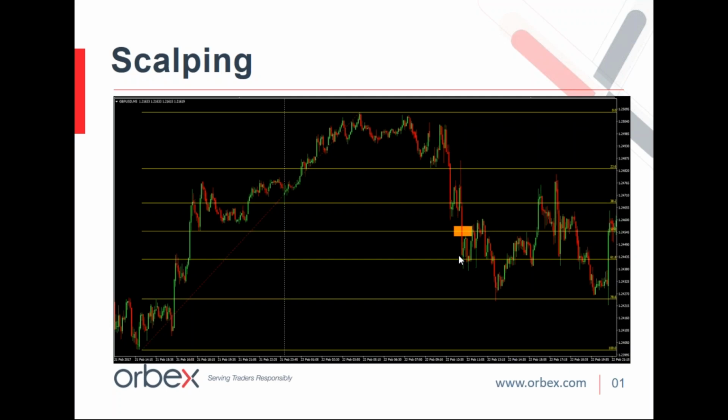Aggressive traders would have entered the trade buying at the 50%, and they would have been stopped out because price goes straight down and hits the 61.8. But conservative traders waiting to see if price respects the level or not wouldn't have a trade. They wouldn't have entered the market. So this is a great example of how a losing trade can be avoided by using this alternative method of